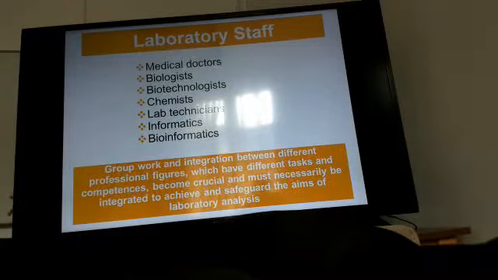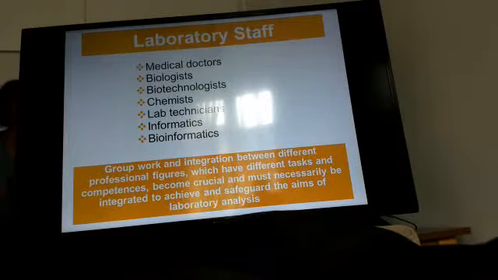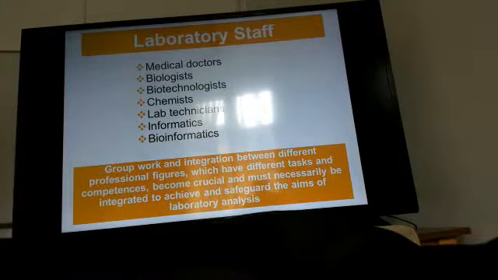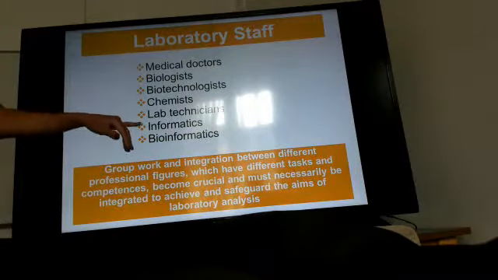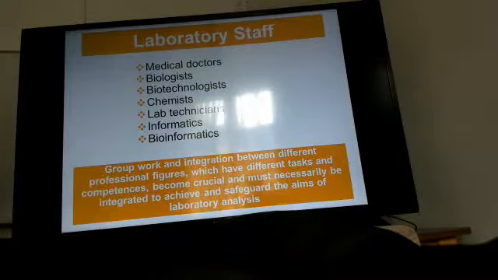And the same is also true for the laboratory, that is completely different. And we have, of course, physicians, biologists, chemical people, a lot of biotechnologists, at least in Italy, because biotechnology course students come into the lab to have practical activities before their degree and for master thesis, and so a lot of young people and lab technicians,